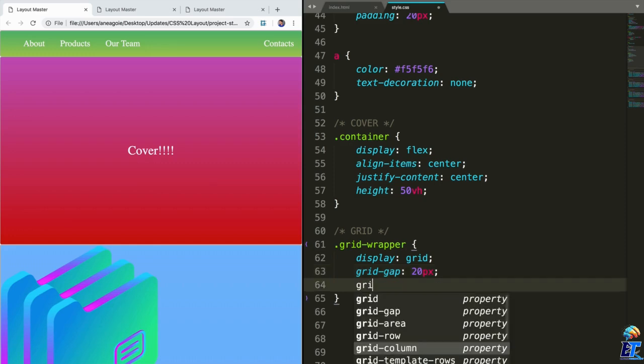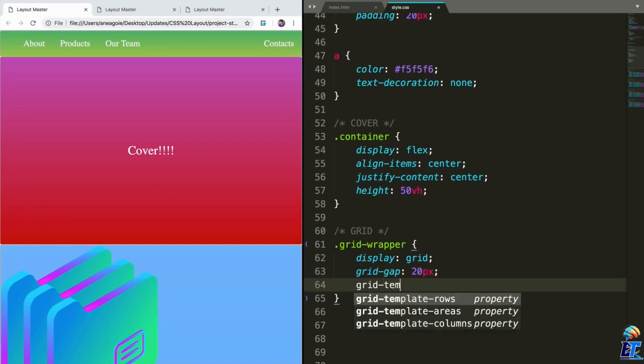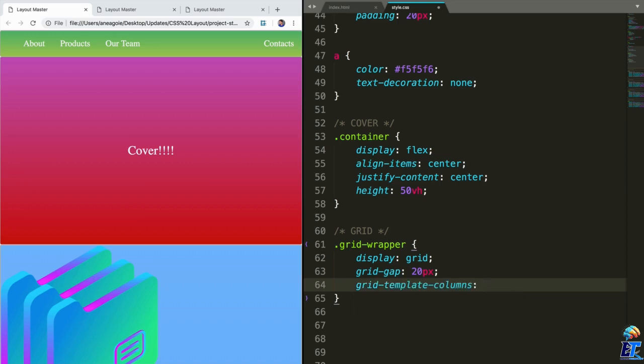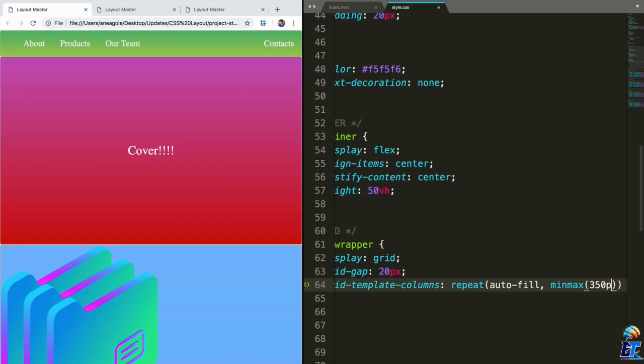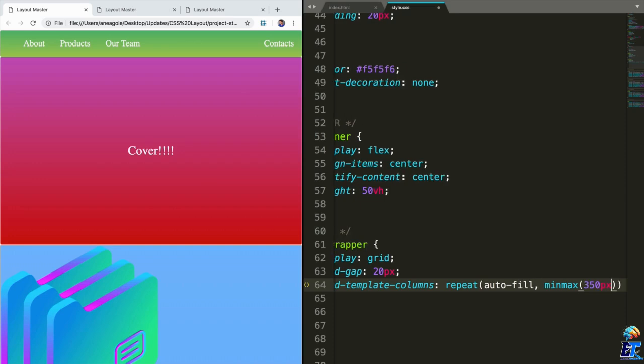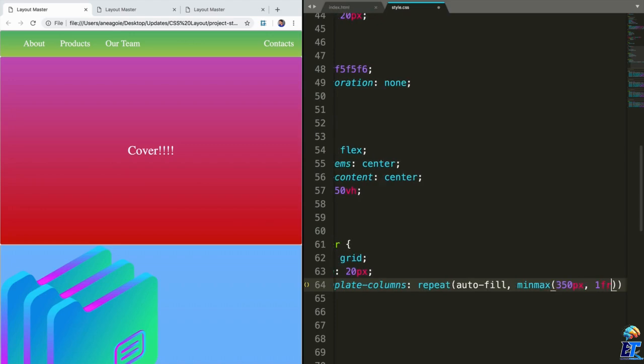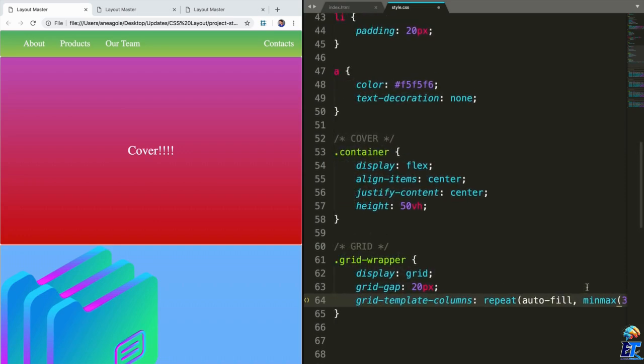And then finally, our favorite property, that is grid-template-columns. And so everything is responsive, we'll say repeat, auto-fill, and we'll say that the minmax will be, let's say, 350 pixels. So that is the minimum. And the maximum will be 1fr, so that it fills the entire page when it's really, really small. So that if I save this and refresh,